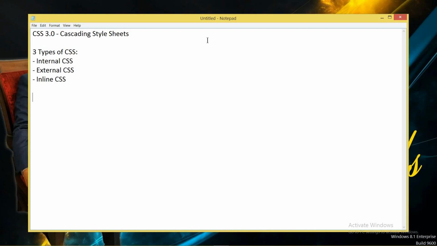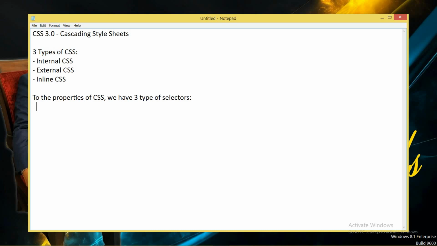Now to use the properties of CSS, we have selectors. We have 3 types of selectors. What are these 3 types?